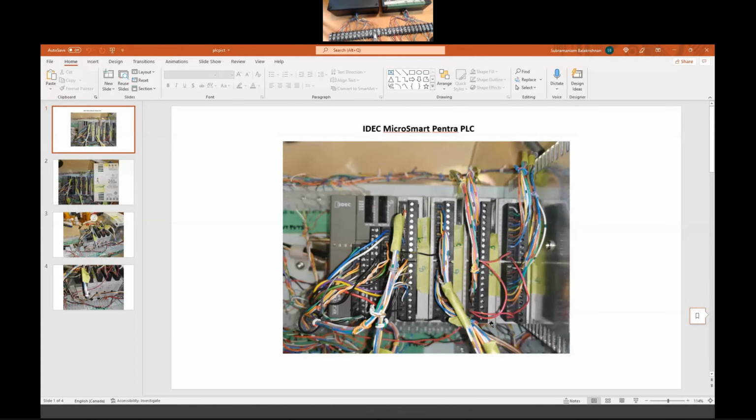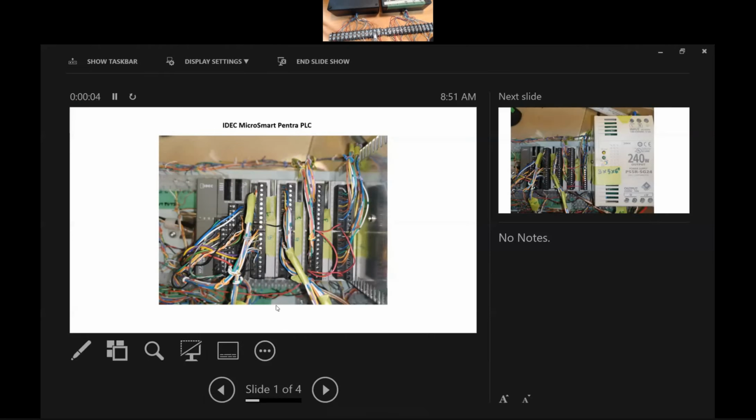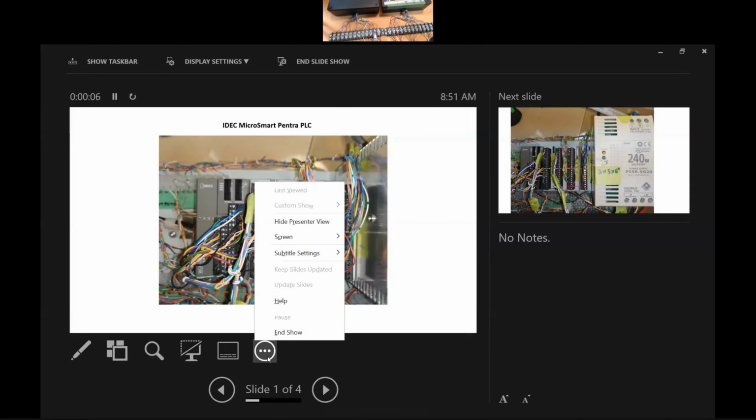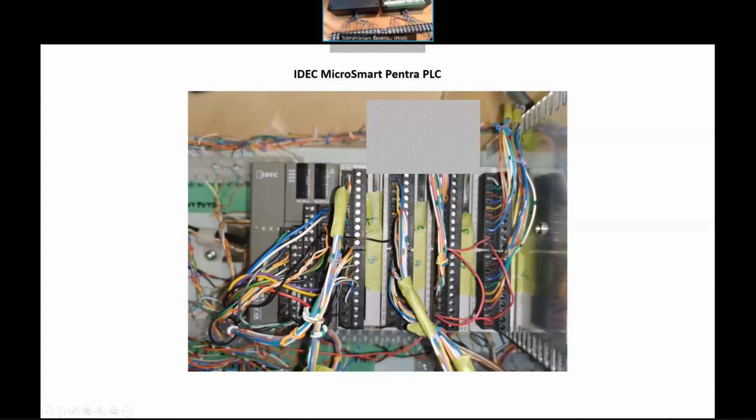Okay, do you see a different screen now? Yeah, we do. Okay, so, okay, what you see on the screen